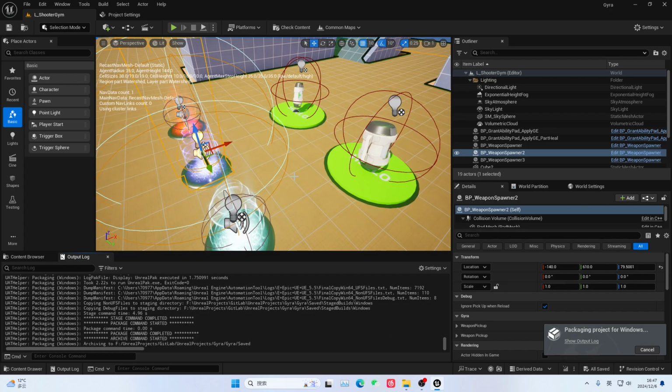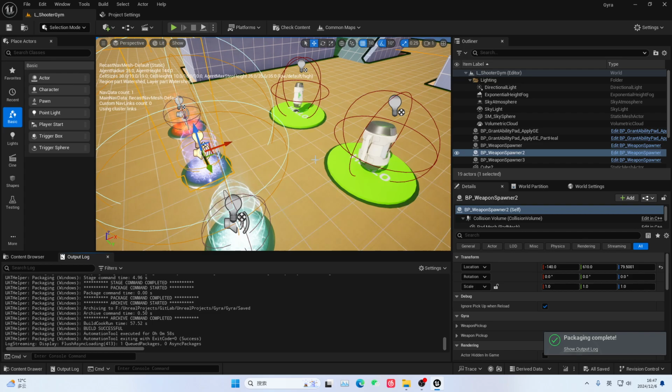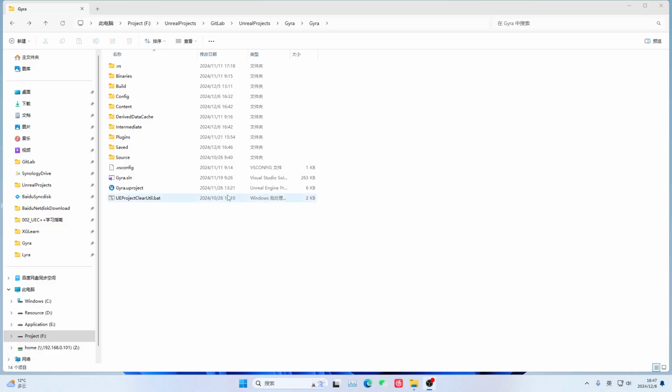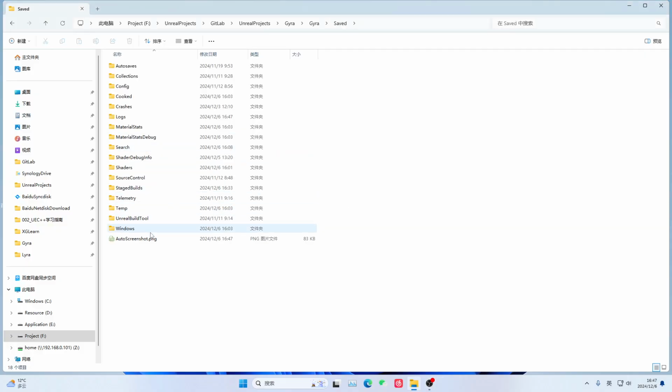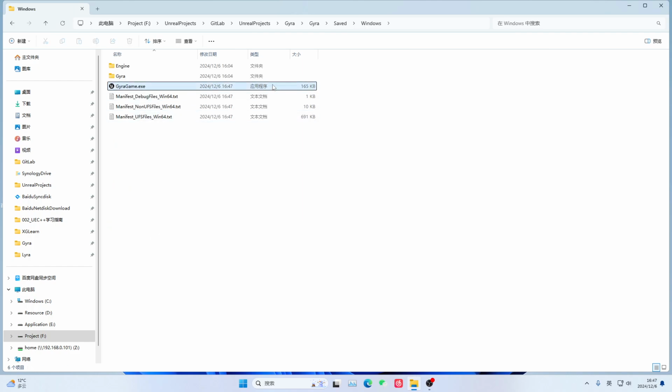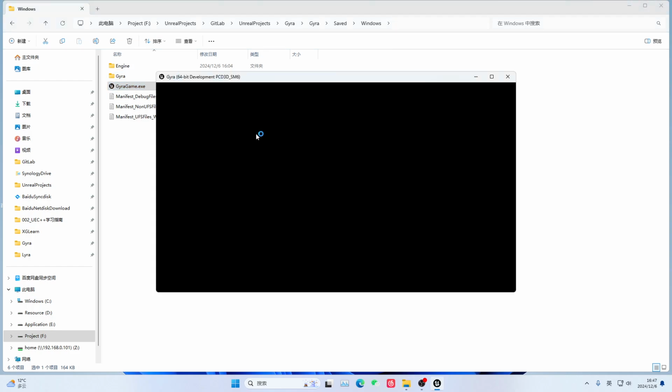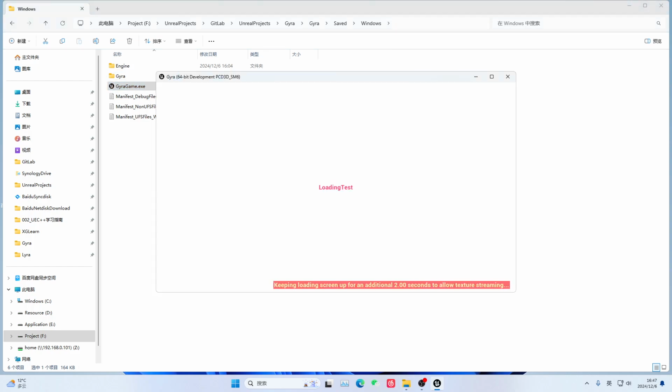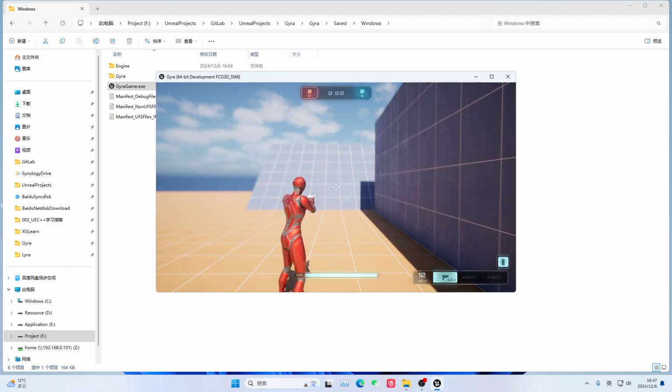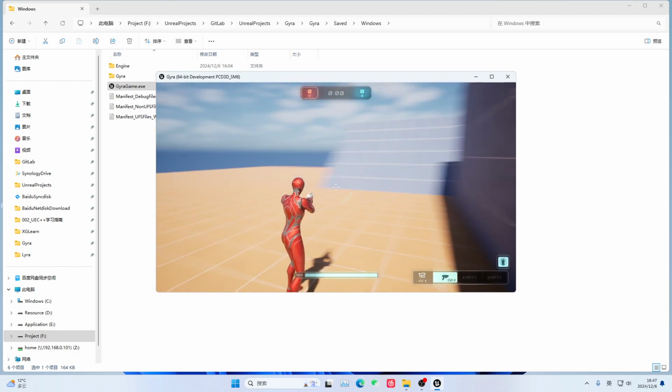In fact, up to now, our basic framework is okay. Because as long as this project can be packaged, we can really relax a lot. As long as this project can be packaged, its basic framework we can fully use. Then after packaging, we come to the saved directory where we packaged it. Then this is the package file. We might have a previous launch, so there might be some things.